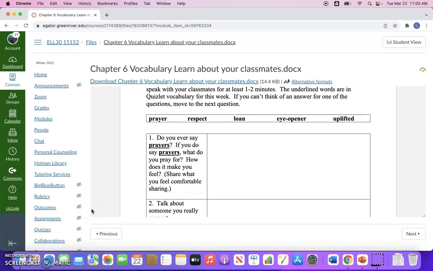Now, the problem is this is a really long and complicated way to do this. It would be a lot easier if we could look at the two pages, this page and the web page with the list of vocabulary words at the same time. So let's go back and do that.